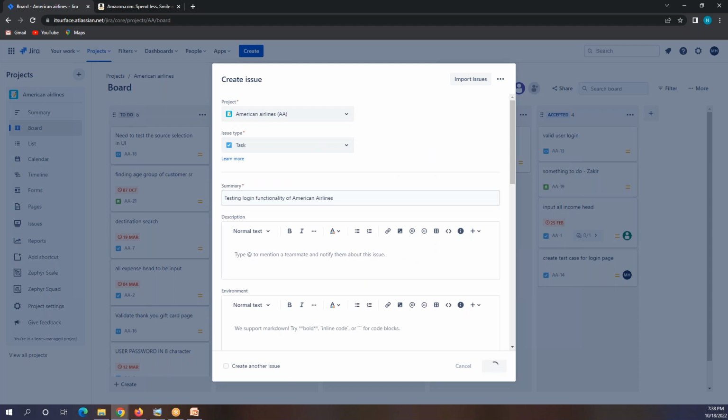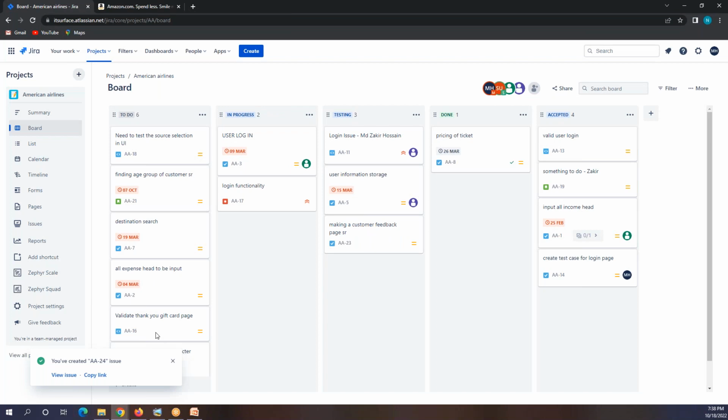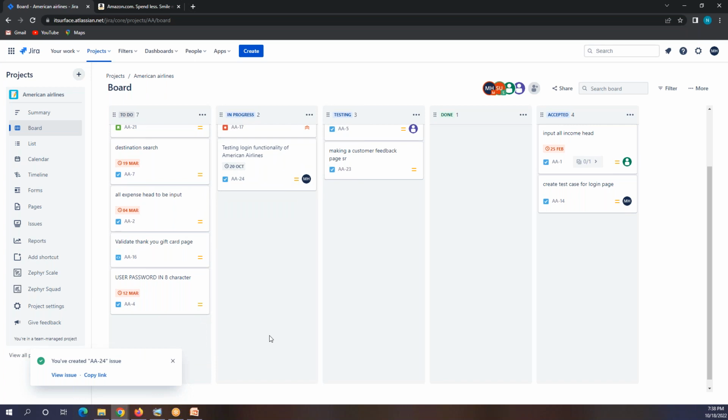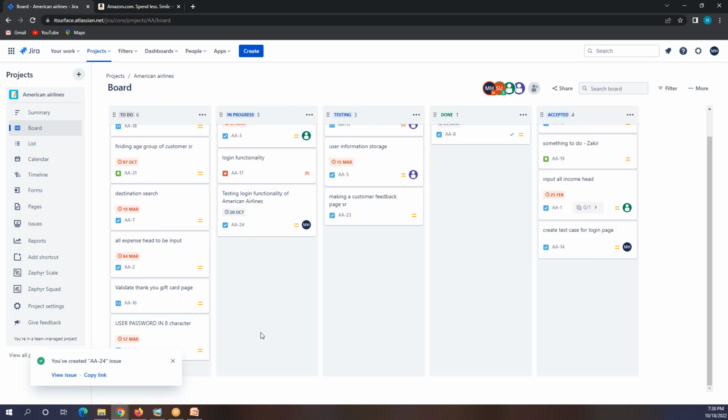It will create a new task here in that board. You see that? Now when you start working, drag it to in progress. After you're done with your work, because you are not a developer, usually you don't need to test your story, since you are doing the testing.